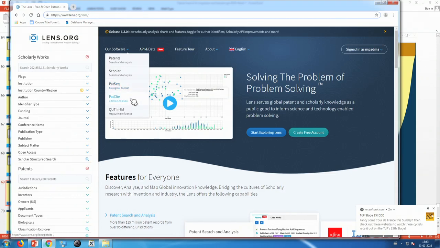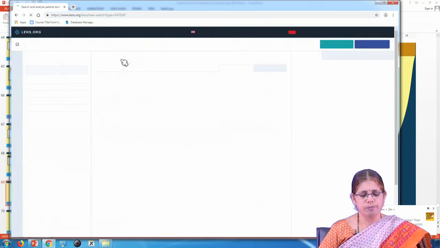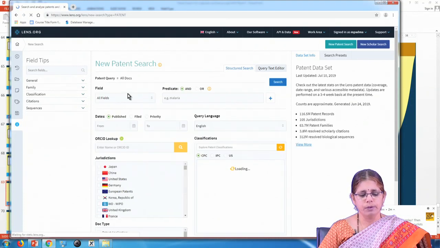PatCite is for citation analysis, and the proprietary tool additionally available is the QUT Infor-M, which helps in understanding the impact of a technology. So, when you click on the patents link, you get the new patent search, and here